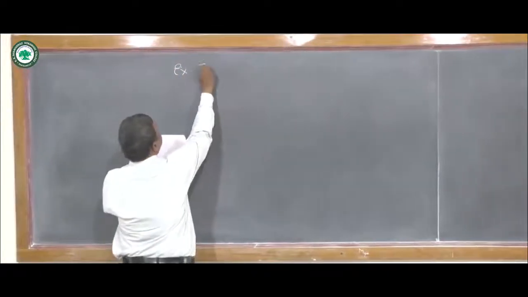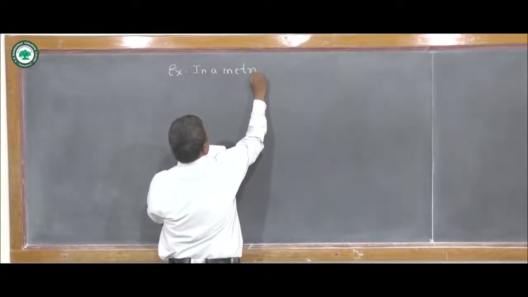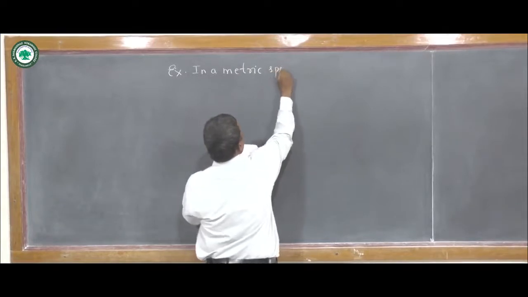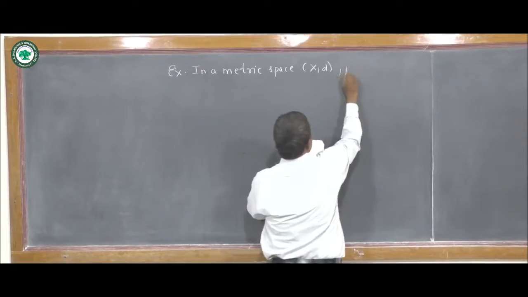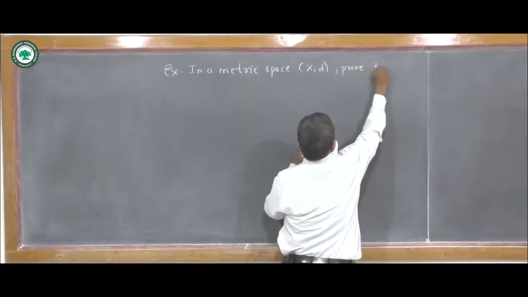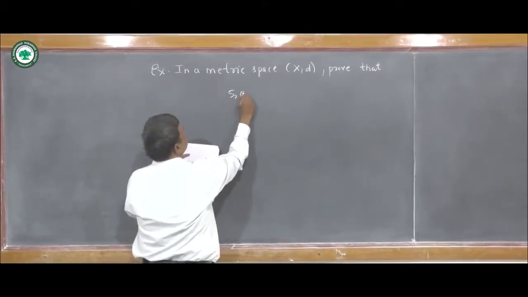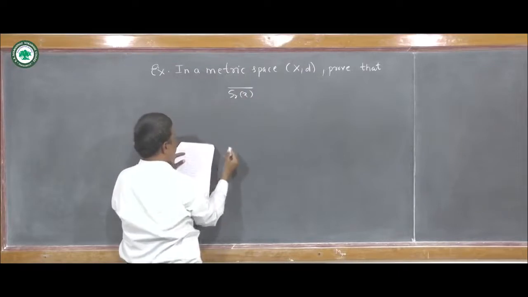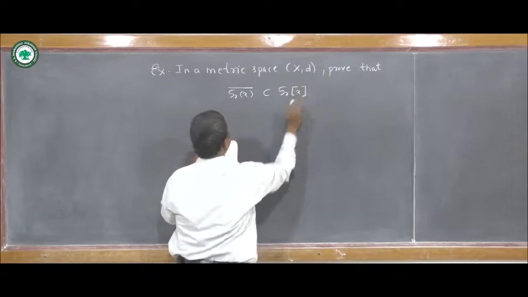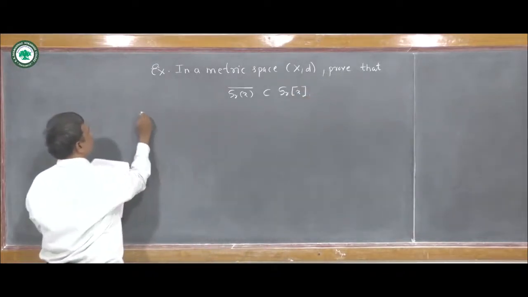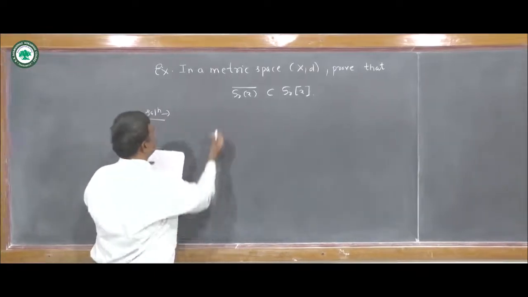Example: in a metric space (X, d), prove that the closure of the open sphere S_r(x) is contained in the closed sphere S_r[x]. Now we want to prove this. To prove that, we are going to use the definition of closure of a set. So for